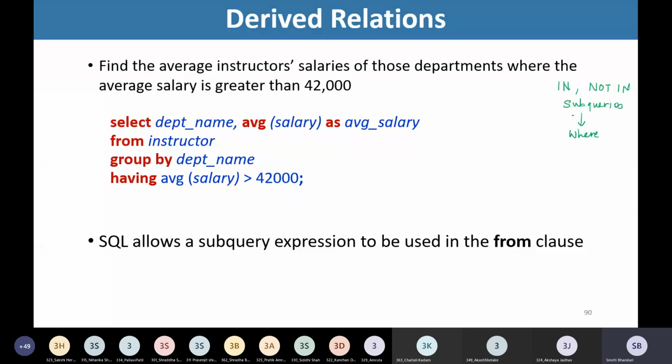But now, instead of using the subquery expression in the where clause, we are making use of an SQL subquery expression in the from clause. In the from clause, we are going to derive a new temporary relation.